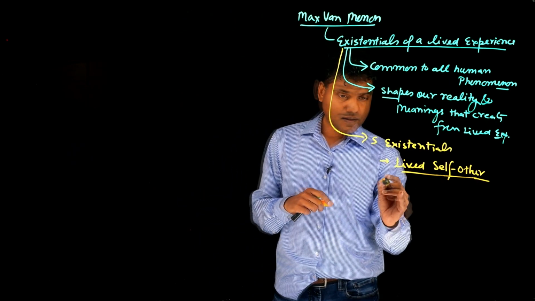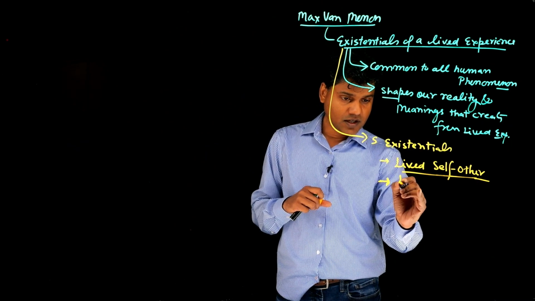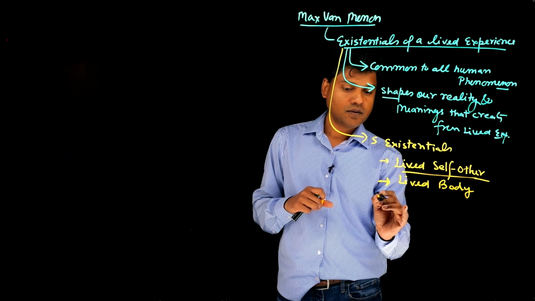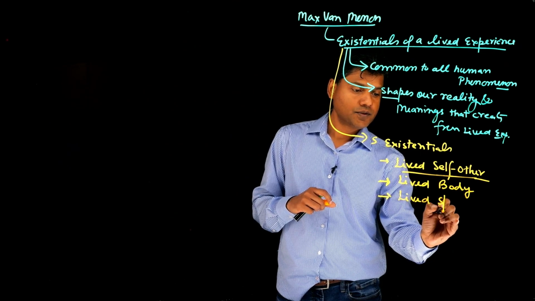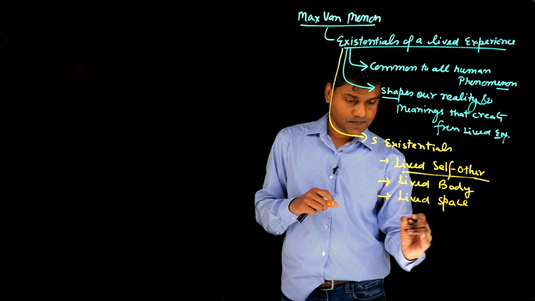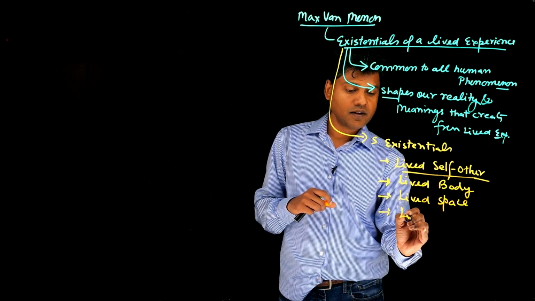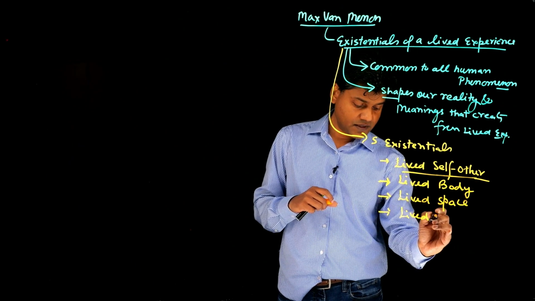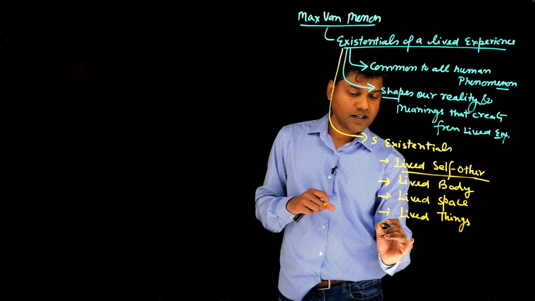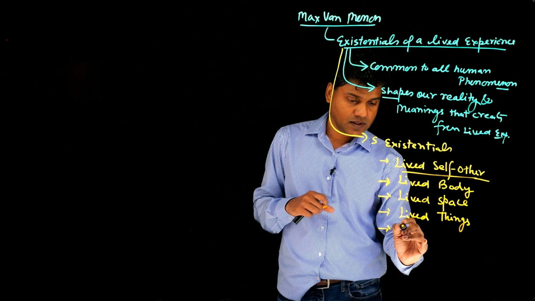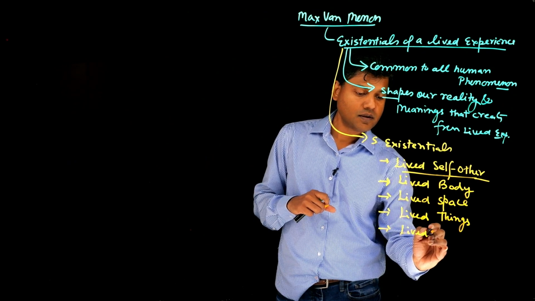The second is lived body. The third one is lived space. The fourth one is lived things. And finally, the fifth one is lived time